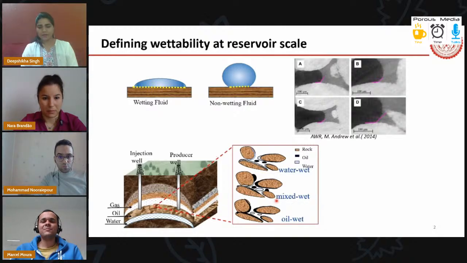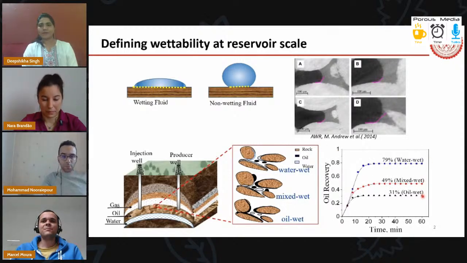In oil reservoirs, wettability is a crucial parameter for the sediments, and it affects many other parameters, leading to varied oil recoveries in different wetting conditions that we have seen in our lab experiments and in many literatures as well. And also we know that there is so much heterogeneity inside the reservoir because of the roughness, because of the presence of chemicals and multiple fluid flow inside the reservoir. Then how do we define the reservoir scale wettability? By just quantifying